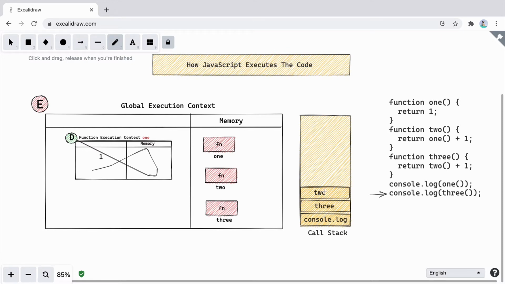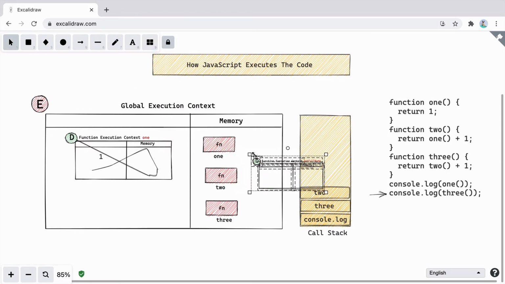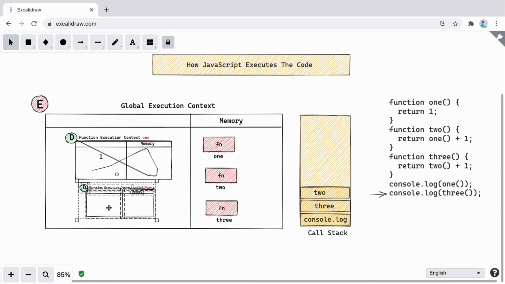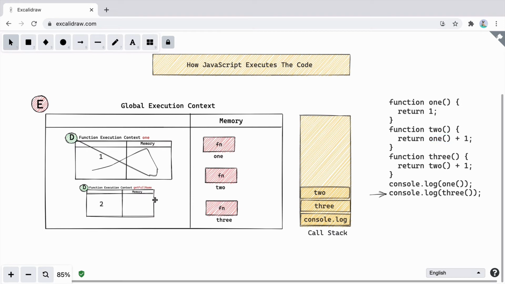Now it's time for executing function name 2. So I'll go ahead and add a new execution context. I'll make it a bit smaller so we can execute the other function. Here the new function 2 will be added. You can see we are returning, when you call 1, you got 1 and you're adding 1 to it. And from here 2 will be returned. As soon as that happens, the function name 2 will be removed from the call stack. So the execution context of 2 will be deleted, and now it's time to execute 3.